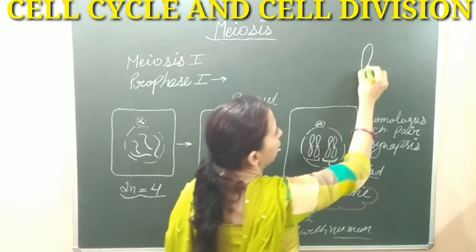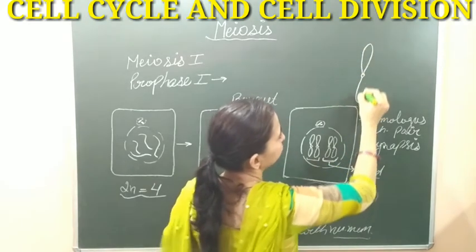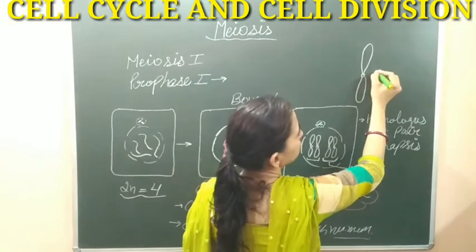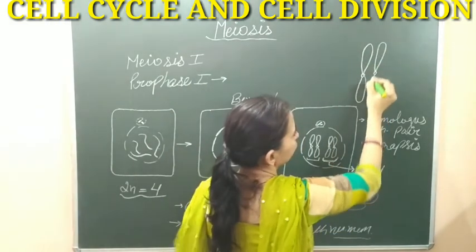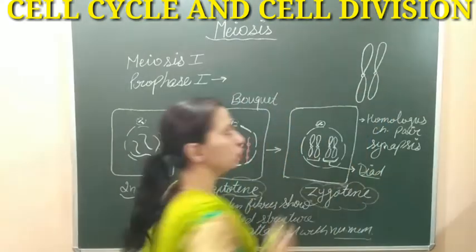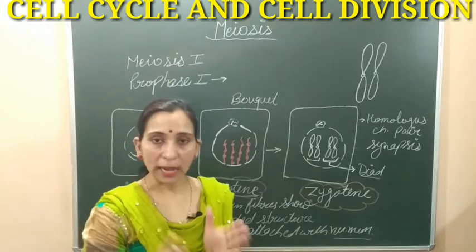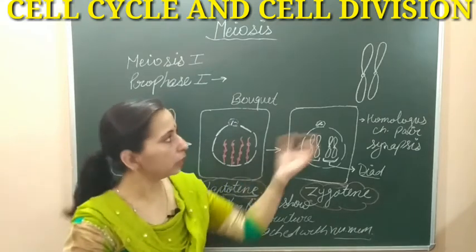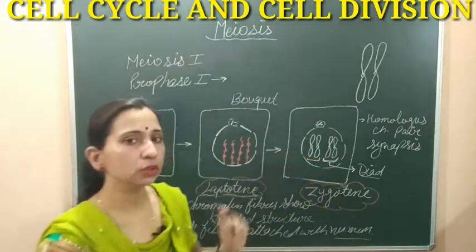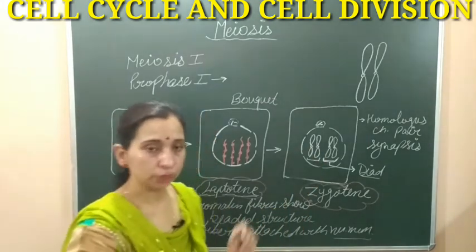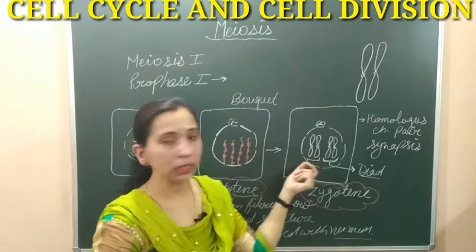अगर हम इन chromosome को enlarge करें, which are present here in this zygotene stage, this is the one chromosome and this one is the another chromosome. These are the two chromosomes, and we know that in the interphase, in S phase of the interphase, the DNA gets duplicated. Means these chromosomes form their arms. So both of these two chromosomes which are present here in the form of dyad, and they are making the